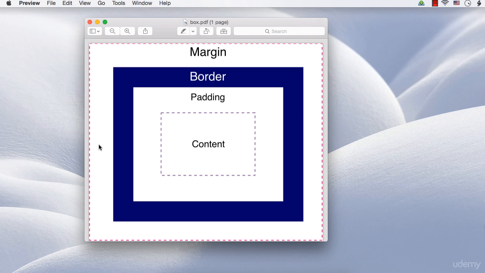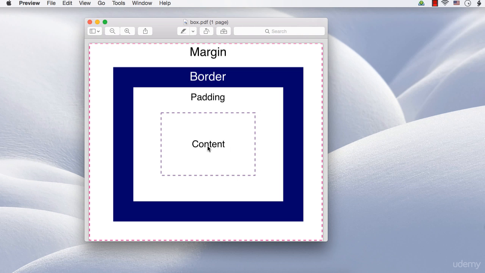So as per CSS box model, every element on a web page is a rectangular box, the size of which will be determined by the height, width, padding values, border values and margin values. Margin is a space outside the border and padding is the space between the border and the content. When you set the width and height, you are actually setting the width and height of only the content area. So if you want to calculate the total area, you need to consider the values of margin, border, padding and height and width of the content area.